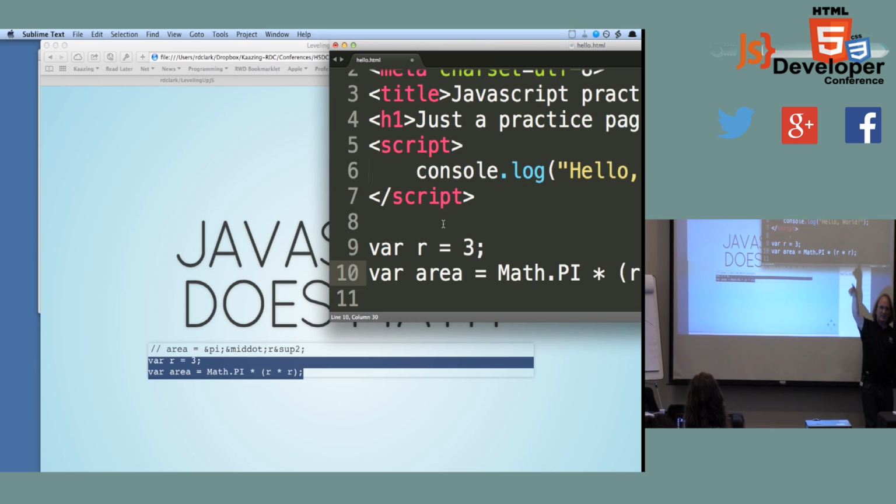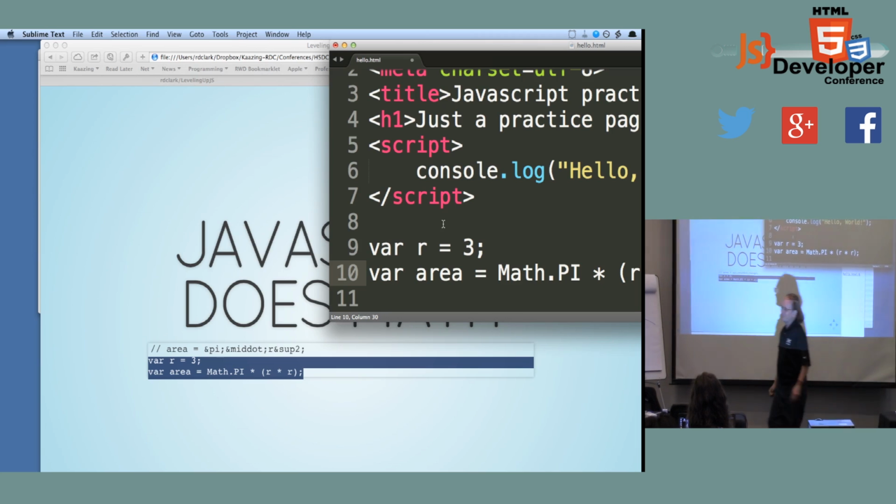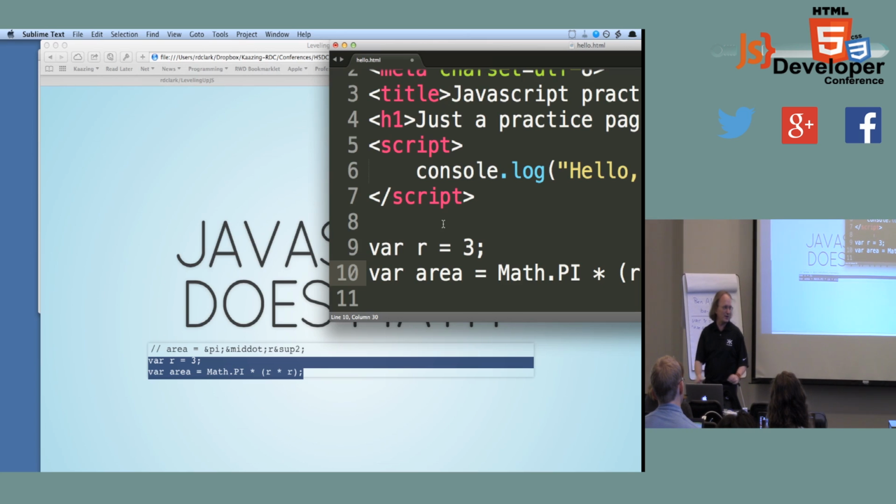Now, we don't have the x for multiplication or that dot for multiplication that you might see in more advanced textbooks. We use the star symbol, an asterisk. So this says Math.PI multiplied by, and to get r squared, this is just the easiest way to do it, multiply r times r. That's as fancy as the math is going to get in this session, by the way.